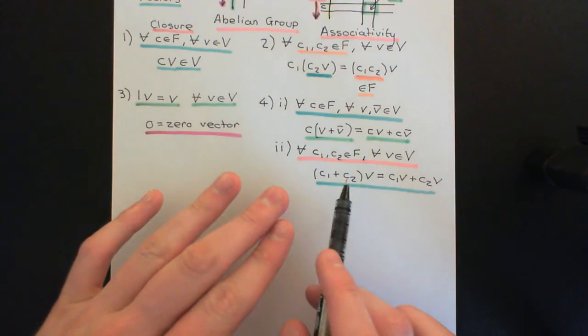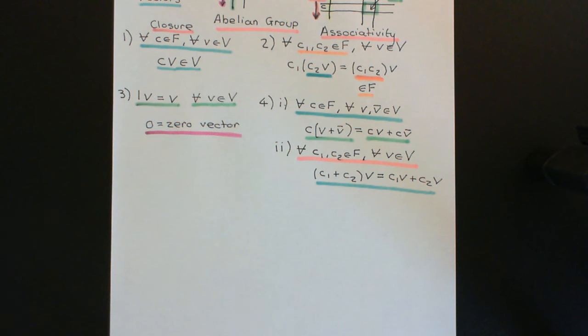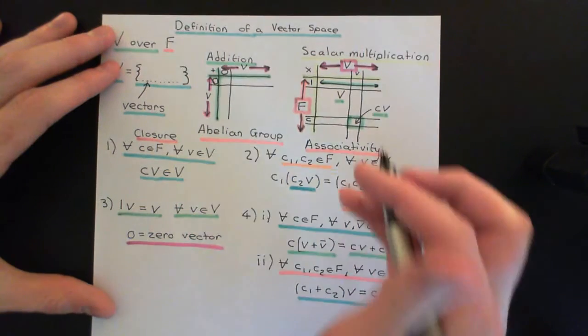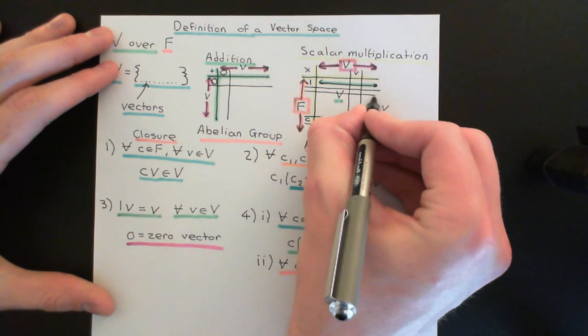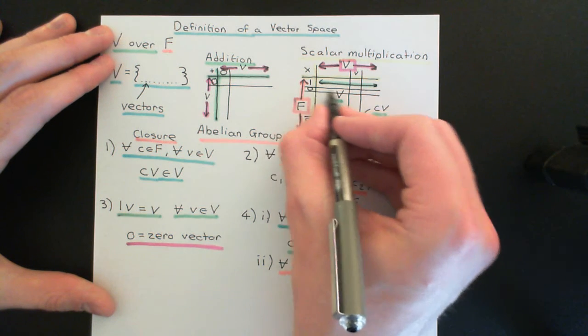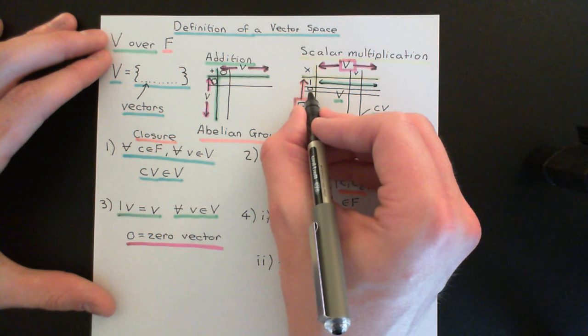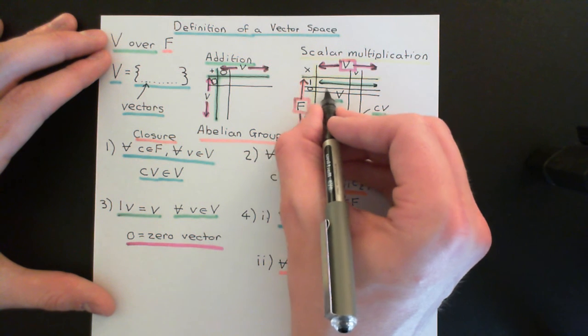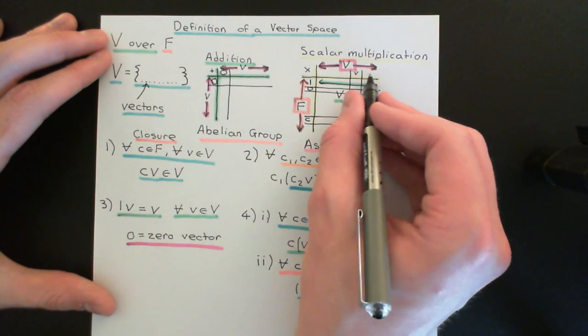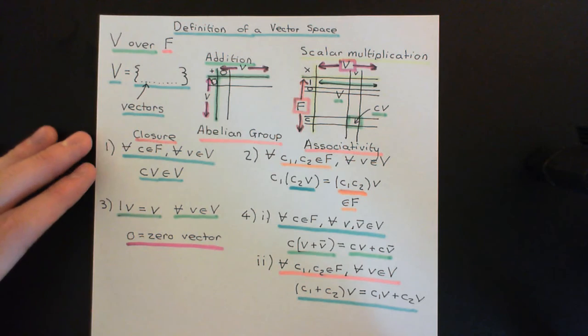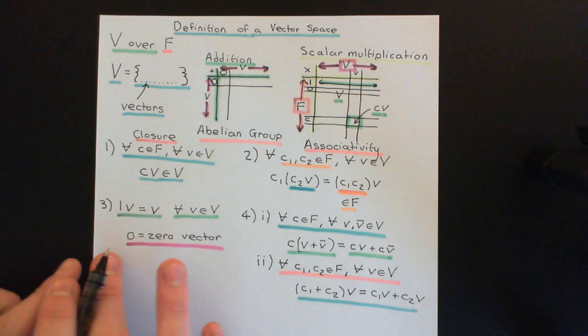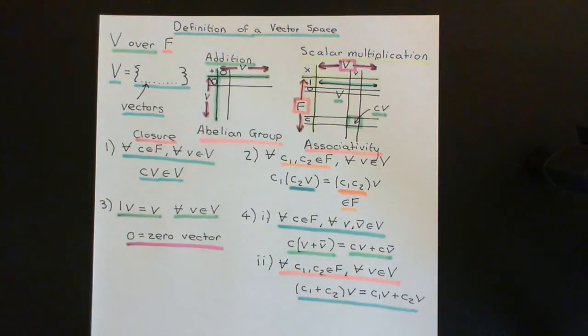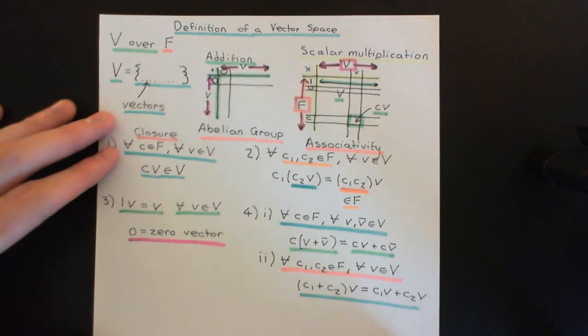So what we're now going to consider is we're going to use part 2 of distributivity, the second distributive law here, to actually understand what the additive identity in the field multiplied by any vector is actually going to do. So we're going to be looking now at the column dedicated to the element 0, the row dedicated to the element 0 in the field. So here we have the additive identity in the field, and we're going to be able to scalar multiply all of the vectors in the vector space by 0, and we'd like to know what that is going to do. Well, the intuitive answer is that it's going to send all vectors onto the 0 vector, the additive identity in the vector space. But we need to prove that.